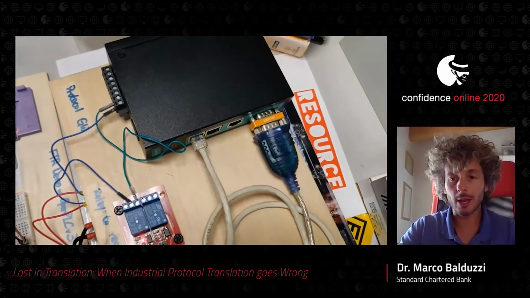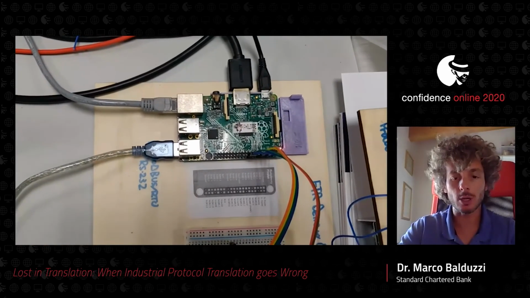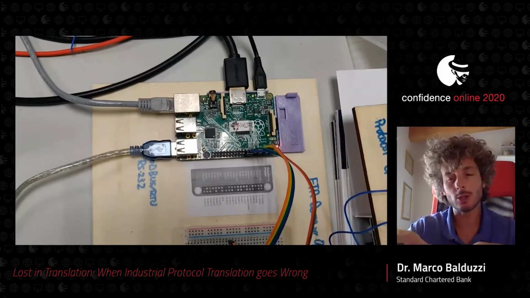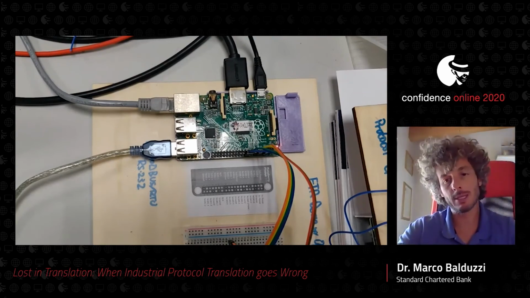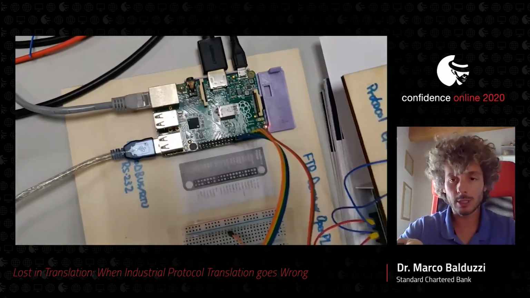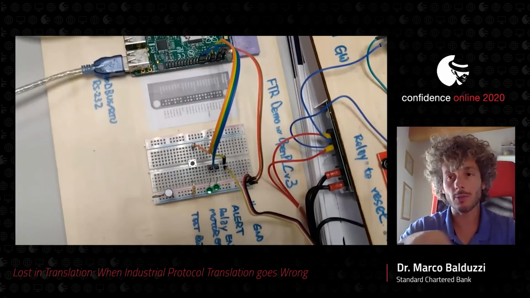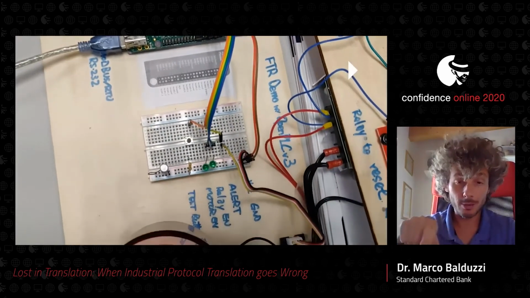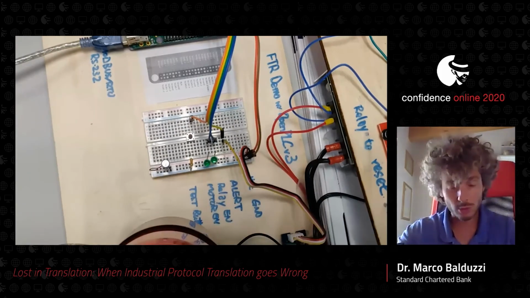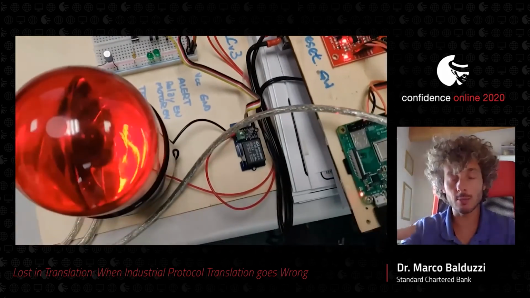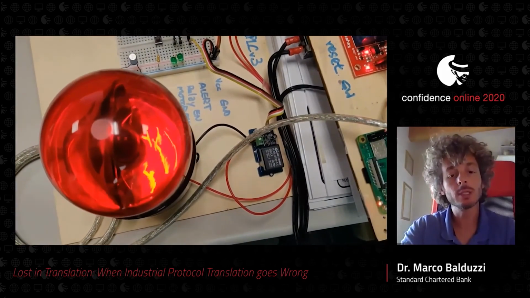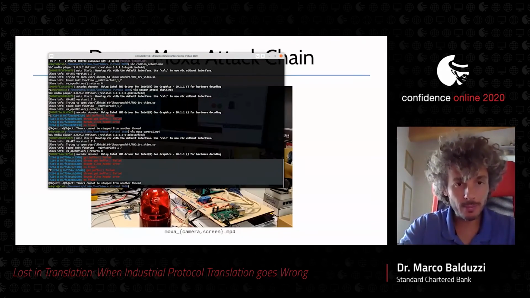Then we have the serial cable, which is connected down here. This is an Arduino that runs OpenPLC that simulates the PLC I described before. And this PLC is connected to a sensor for the temperature, for example, and it's actually measuring this 42 degrees Celsius, and to the alarm. So this basically simulates the production. So now here,